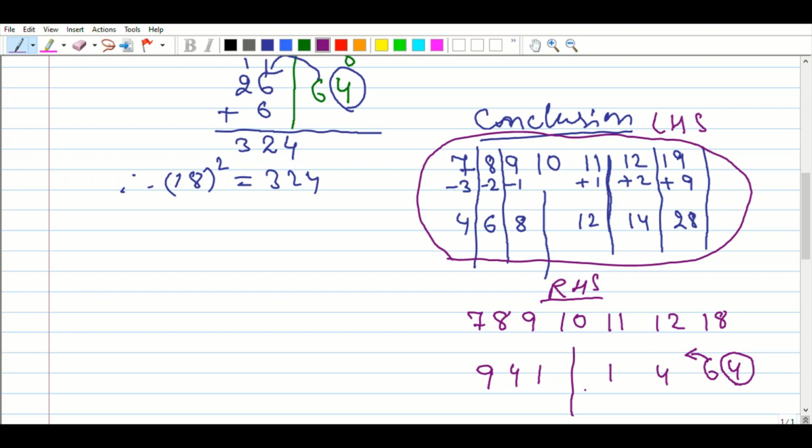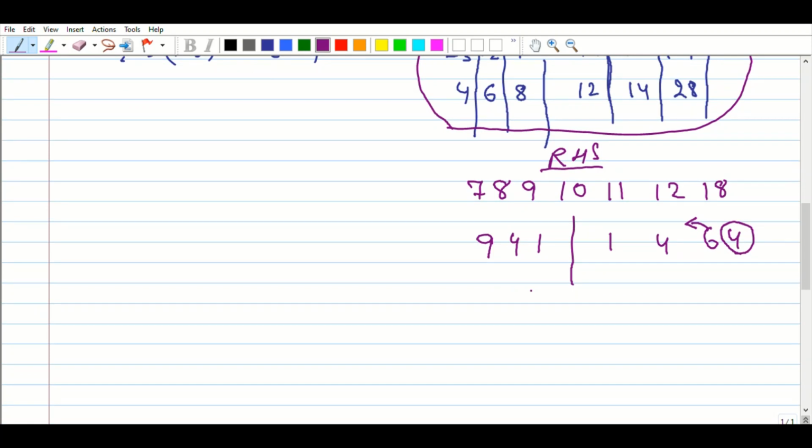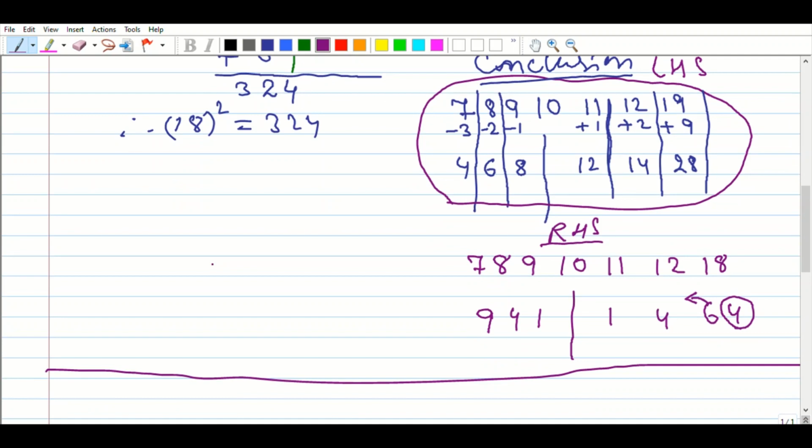Is that clear? For minus, we subtract from the number and find the square of the difference. For more than, we add whatever it is, like 1, 2, 3, 4, 6, or 8 more. Okay, I hope that it is clear. So it is not required to tell again. You see, I am going to do